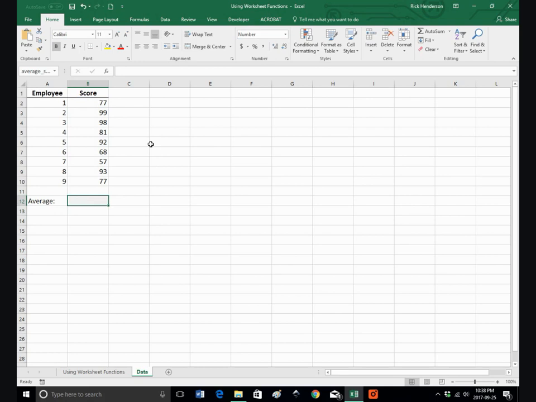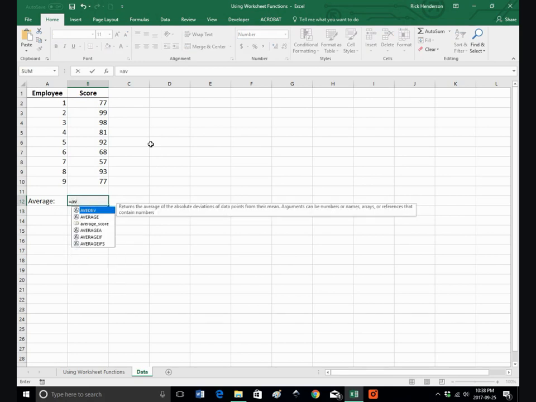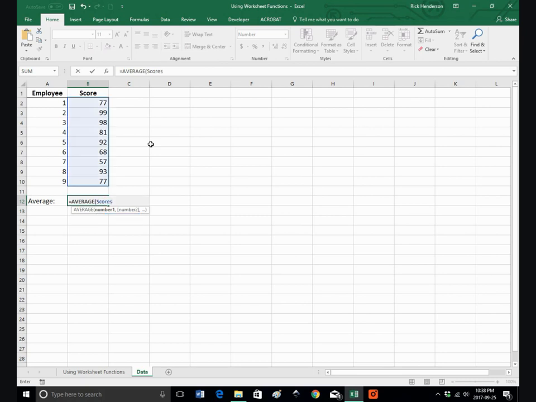I could of course use the exact same way. I could type in average and actually just type in scores, and that would be great, and that's everything I need to know, and I'll still get the same. So I'm going to clear that out, and we're going to calculate it using our functions, or using worksheet functions